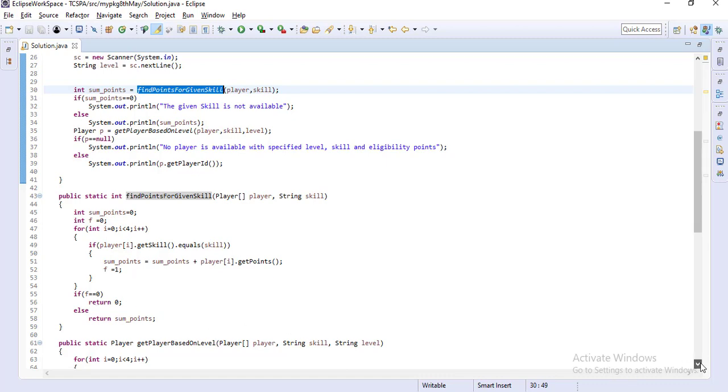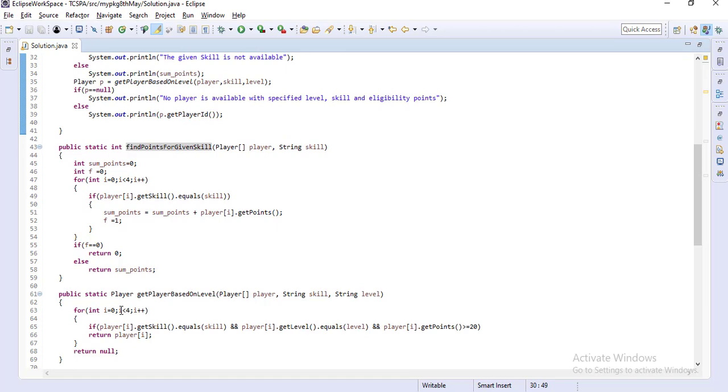For the second method also we check that the skill equals the skill passed, and the player's label equals the label passed, and also get points is greater than 0, then we return the player object, otherwise we return null. And we print the suitable message here.